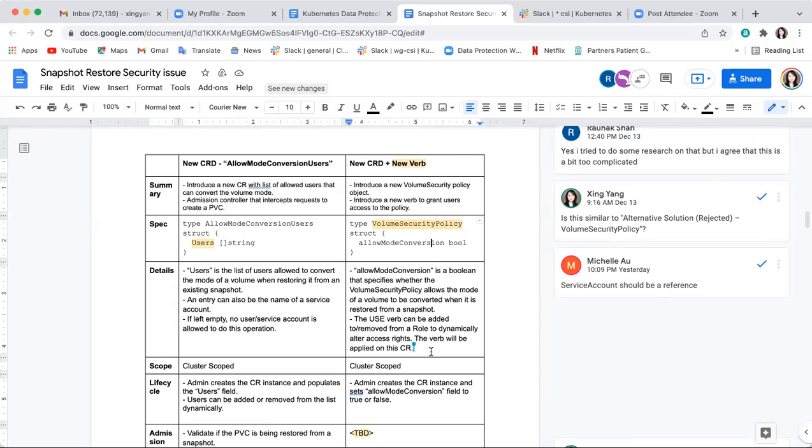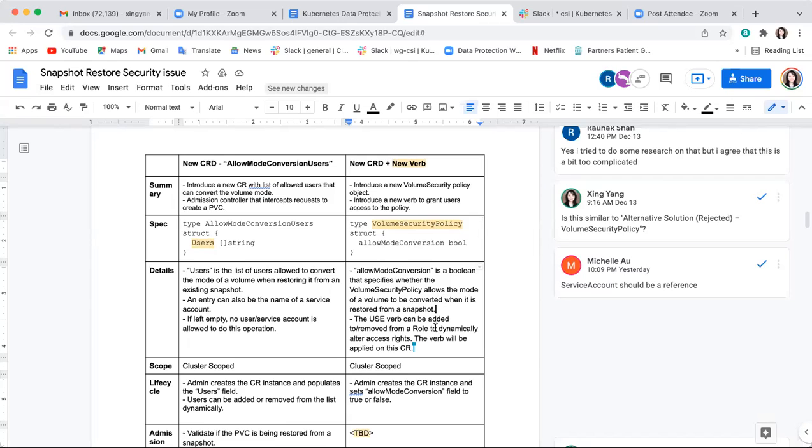We were looking at this one earlier, it got rejected because we want to follow pod security policy. So we want to follow pod security standard, but then pod security standard got rejected by SIGAuth because that's too complicated. Yeah, so that's why when I'm looking at this approach, I think we have the same issue, the reason that we got rejected by going to the new security standard thing, which should be a replacement of this one.